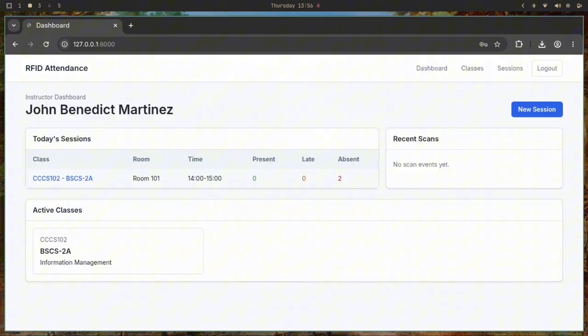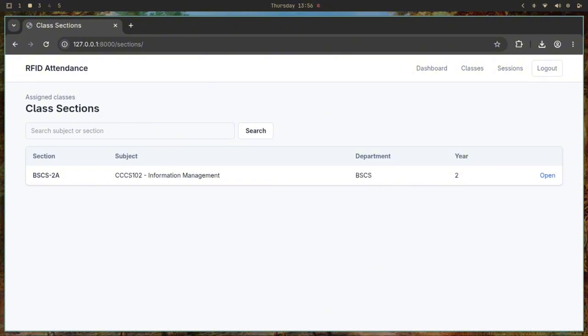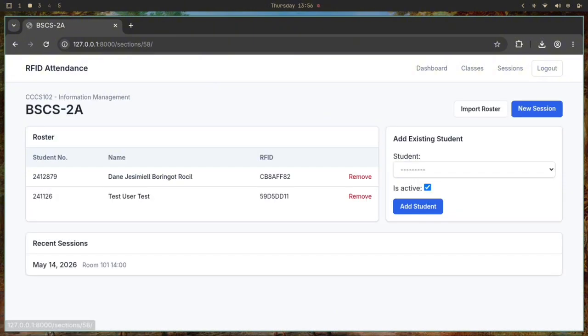So afterwards, you will see the normal instructor side only sees a simpler navigation, which is the dashboard, the classes, and session. The dashboard focuses only on that instructor's own classes and attendance data. On the class detail page, the instructor can view their classes, and then the students' rosters enrolled